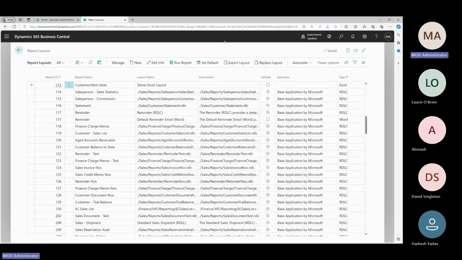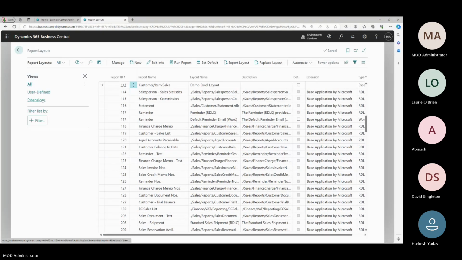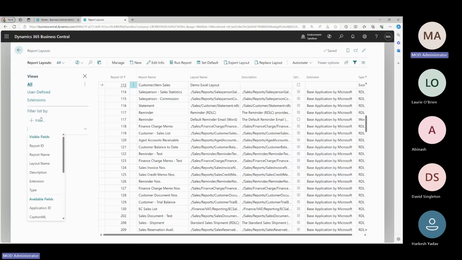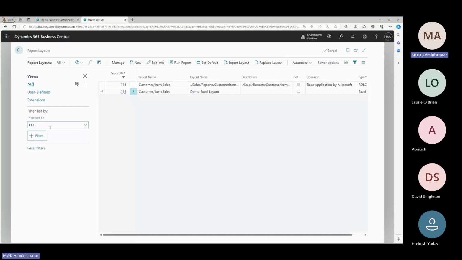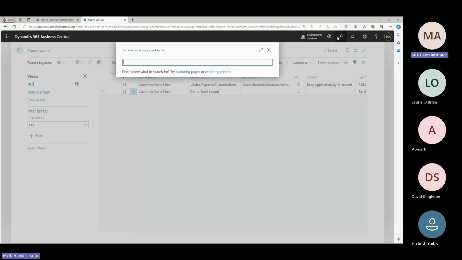So now if I filter here on report ID 113, you will see that there are now two layouts. One where there is no extension name is something which is user defined, where the user has created it. It is not coming from an extension, either from Microsoft or any other ISV extensions. But now if I try to run the report, Customer Item Sales,